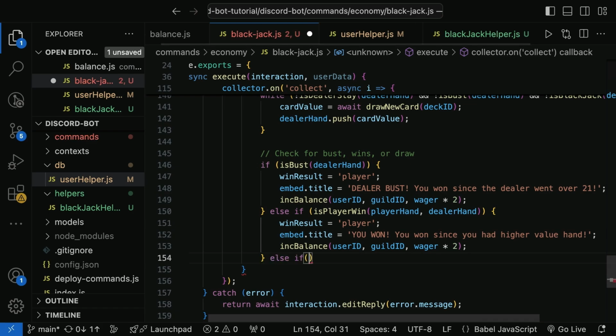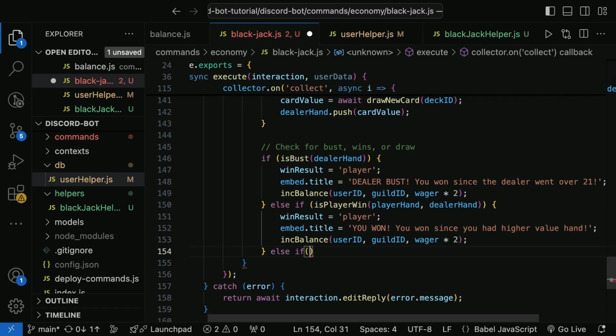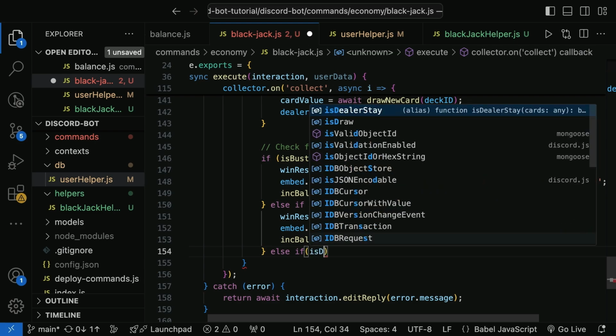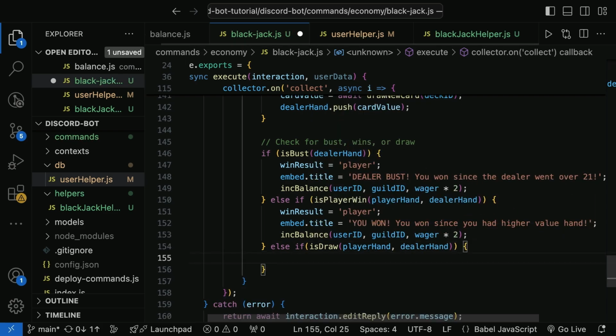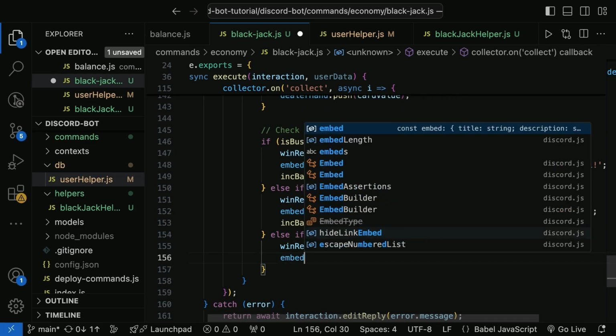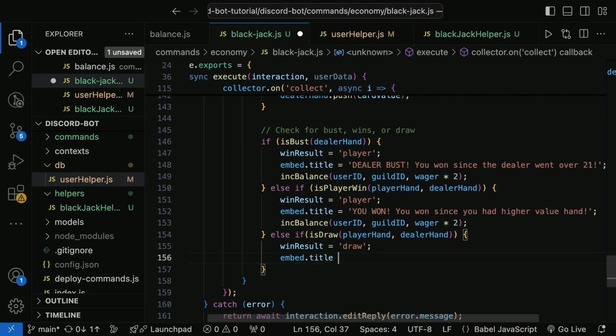Else if we'll say if it's a draw, so that's if they won by value, but if it's a draw, we'll say if is draw. We'll pass in the player hand, and we'll pass in the dealer hand. Then we'll say win result equals draw. Embed dot title equals draw. The game ended